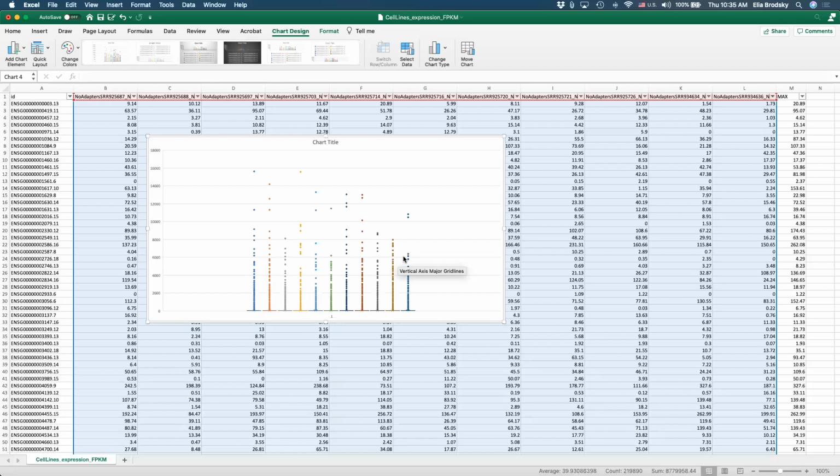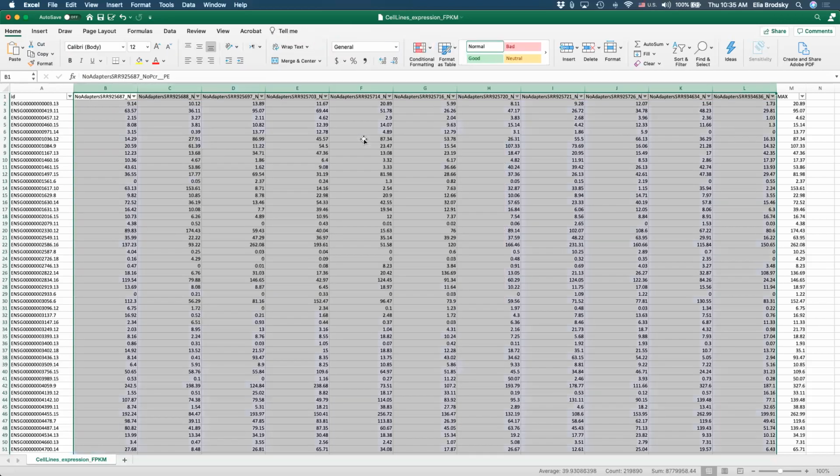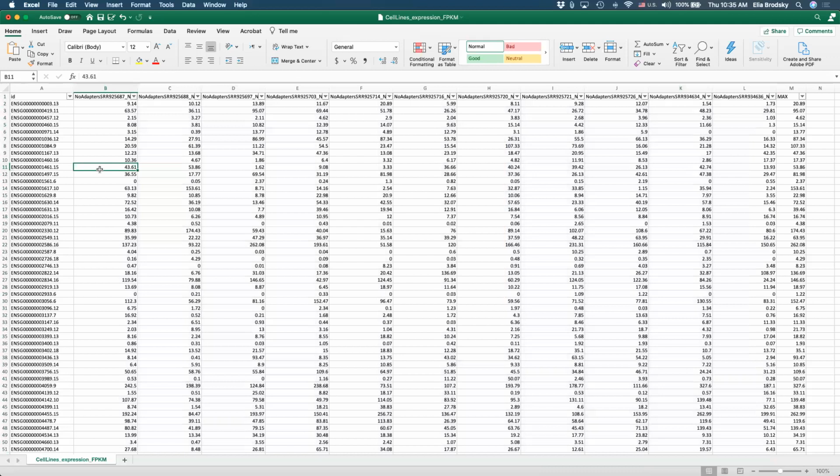What we can do about it is we can look for a way to normalize this data and make it more like a normal distribution. Okay, so what we are looking at here is the distribution of data, how distributed our values are.